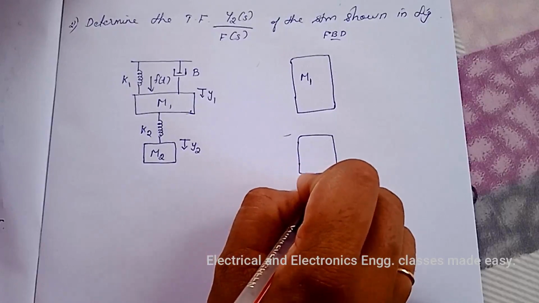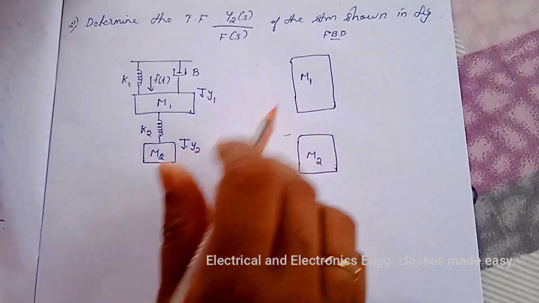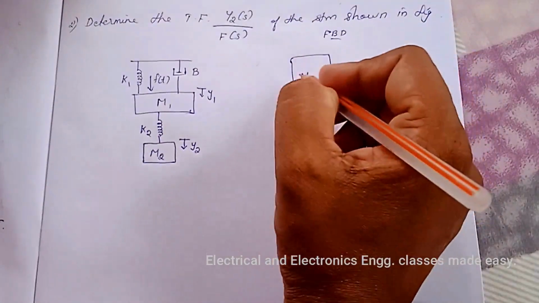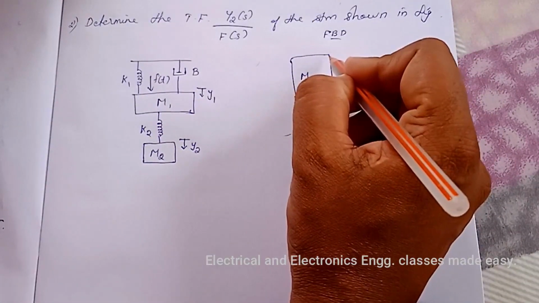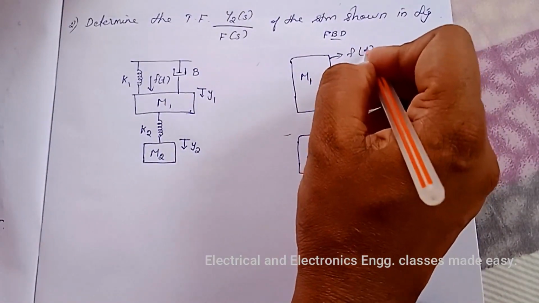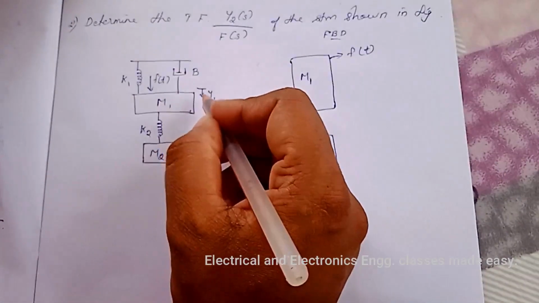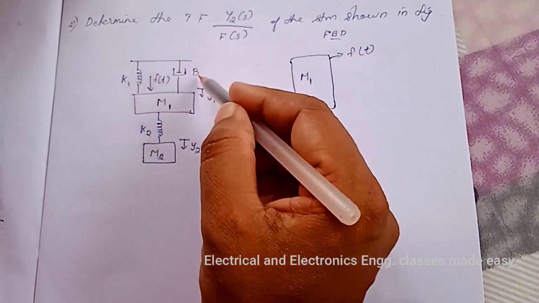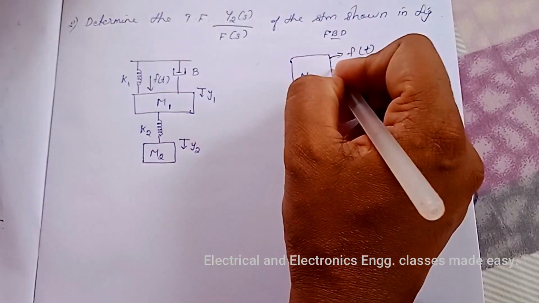Next is for M2. So we have to draw two free body diagrams, and here for M1 there is applied force F(t). Then the opposing forces are offered by this M1, K1 and B, and that is marked as